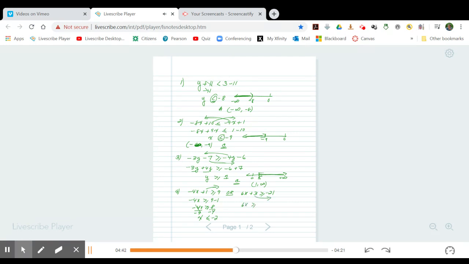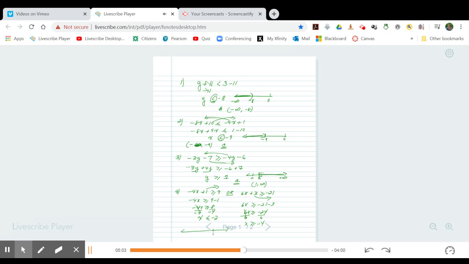6x is greater than or equal to negative 21 minus 3. So 6x is greater than or equal to negative 24, divided by a positive 6. The 6 is canceled. x is greater than or equal to negative 4. So if I graph this,